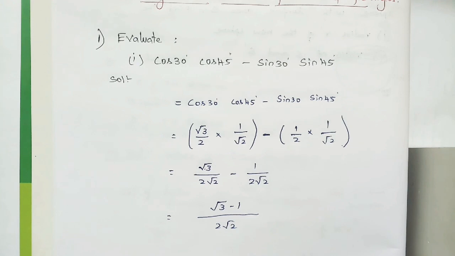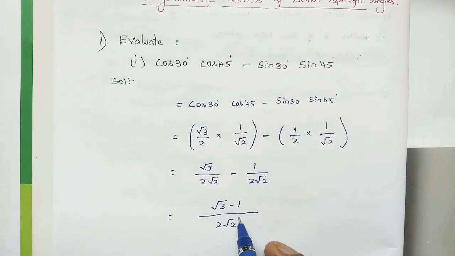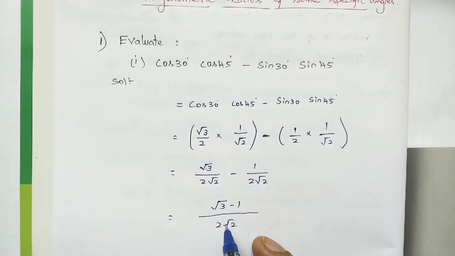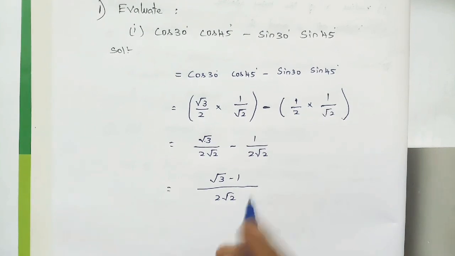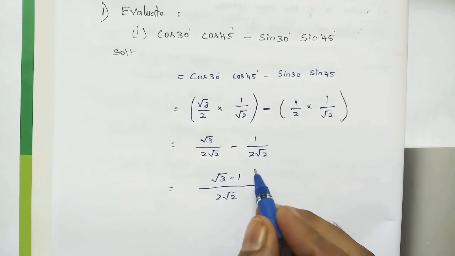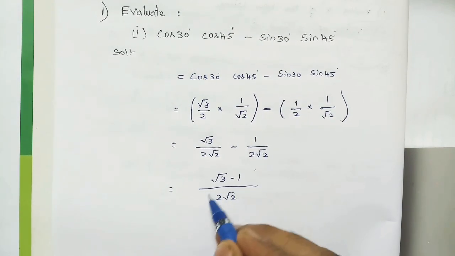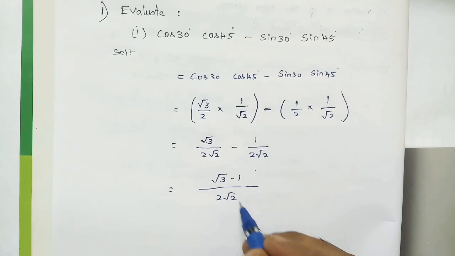In the first chapter, we saw rationalizing the denominator. The denominator alone shouldn't be irrational; it should be in the form of rational, right? So how do we convert irrational to rational? See here, root 2 is an irrational value. Just multiply by root 2 on both numerator and denominator, then the denominator will become rational. Understood?